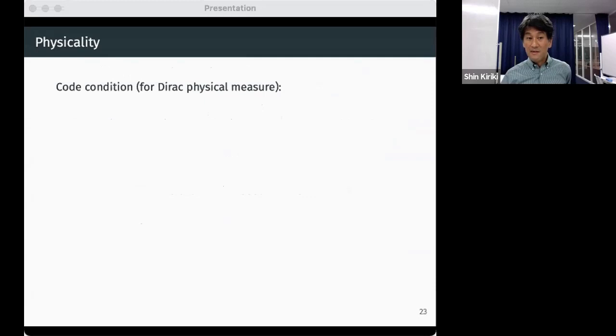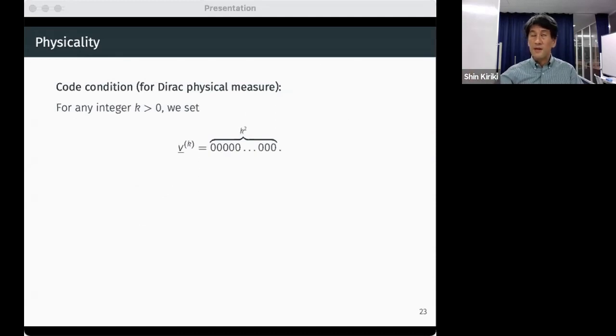Finally, let us explain how to show the second half of Theorem A prime, that is, how to control G to have a Dirac physical measure associated with the wandering domain. This is much easier than in the case of historicity. First of all, there is no need to consider the error condition. In addition, the condition is much simpler than that of historicity. In order to ensure the support of the Dirac physical measure becomes a saddle fixed point P of the blender, we just take the free part of the itinerary sequence of v